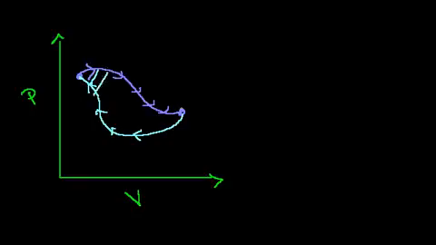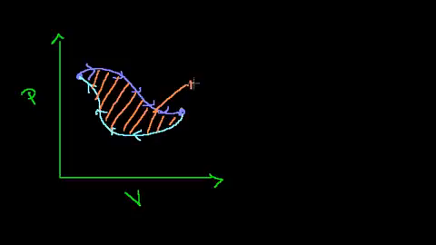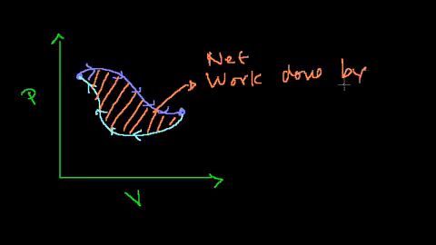So this is, let me do it in a different color. The net work done would be the area inside of this path when I go in this clockwise type of direction. So this is the work, the net work. Let me write net work done by the system. And now we also know,